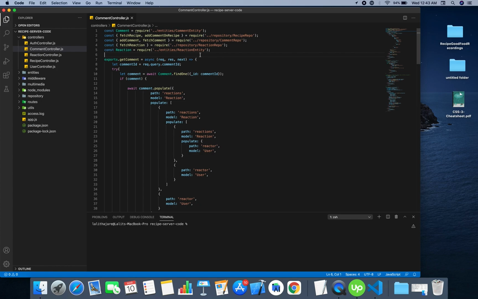So the basic structure is that a recipe will have a list of comments, a single comment will have a list of reactions, and each item in the reaction list will have a second level list of reactions, and it goes up to the third level.